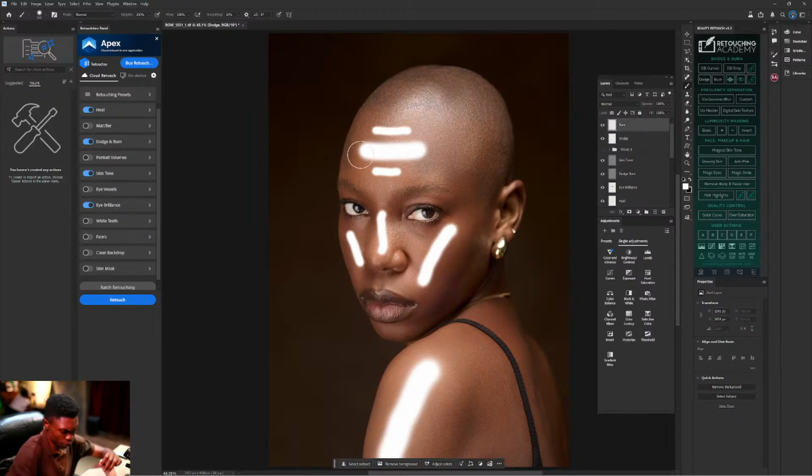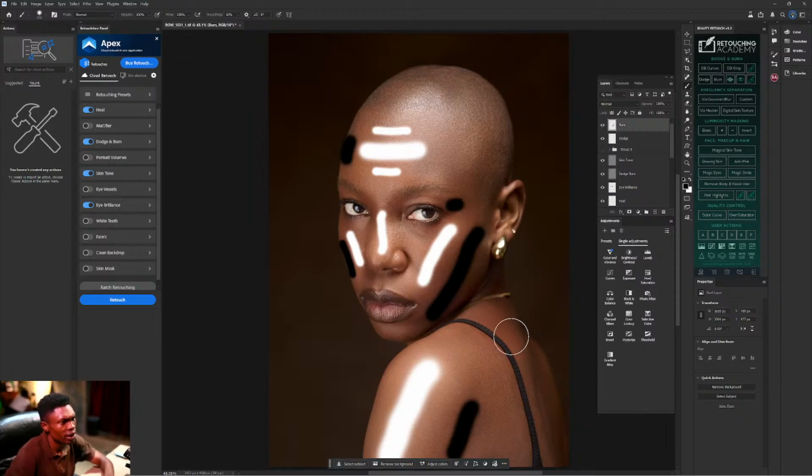For burn now, we go change am to black. Then draw line for here, reduce this one, draw line for here, draw line for here, draw line for here, draw line for here, then draw line for here.